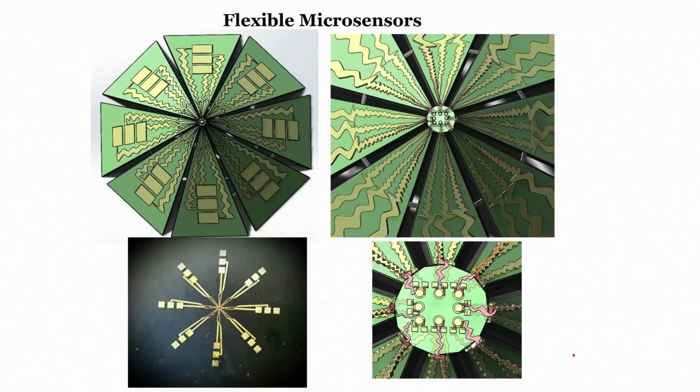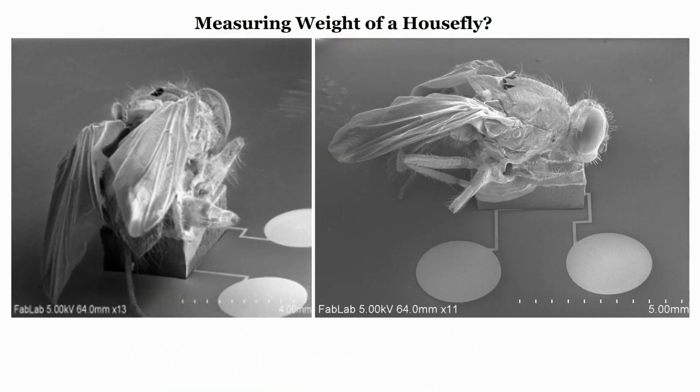Now, let us say this is the last slide of this particular module, and you can see a housefly, right, and the housefly is sitting on what? The housefly is sitting on a flexible sensor. So, you can see that there is a sensor at the bottom and there is a cube here, on which the housefly is sitting,